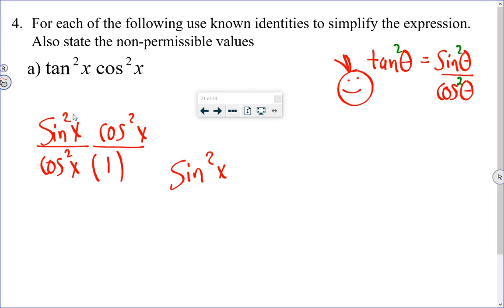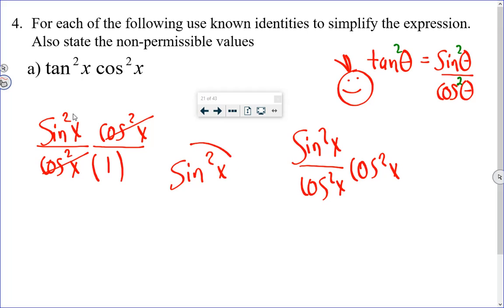Look at how I wrote it. I didn't write sine squared of x over cos squared of x times cos squared of x. Don't do that. Line things up, because then you can see they cancel,